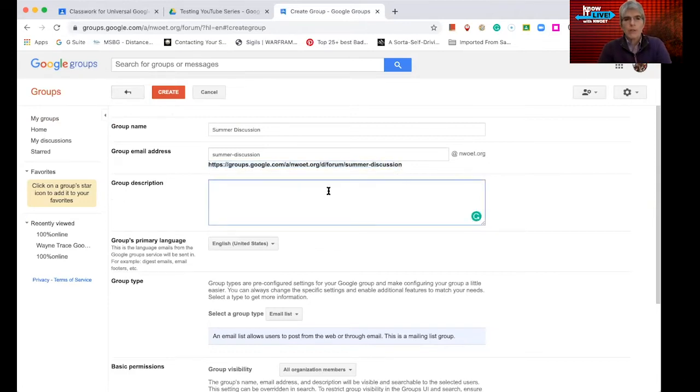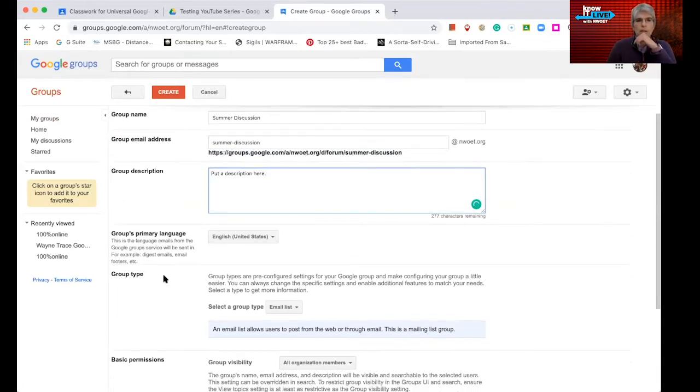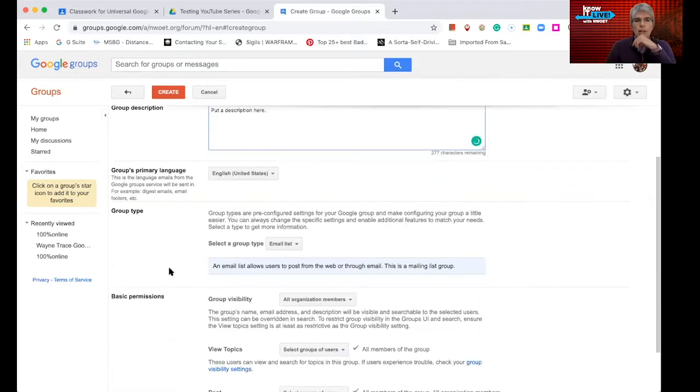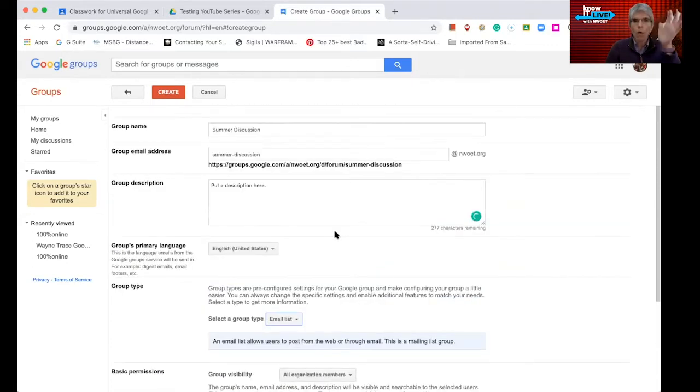This is where you would put a description. Okay. And just go through each part and see what you should change. Now, this one I've experimented with before. If you just want it to be an easy way of emailing a whole group of people, you can make it just an email list. And this is kind of giving you the